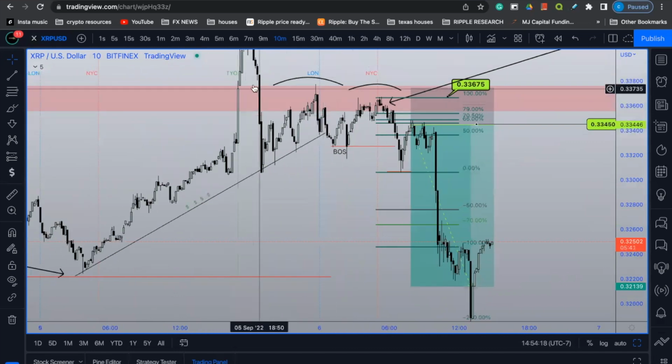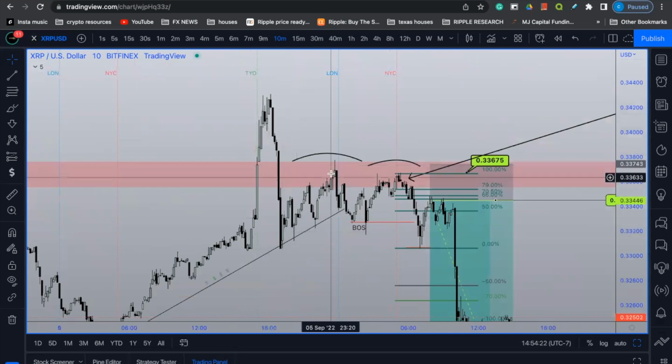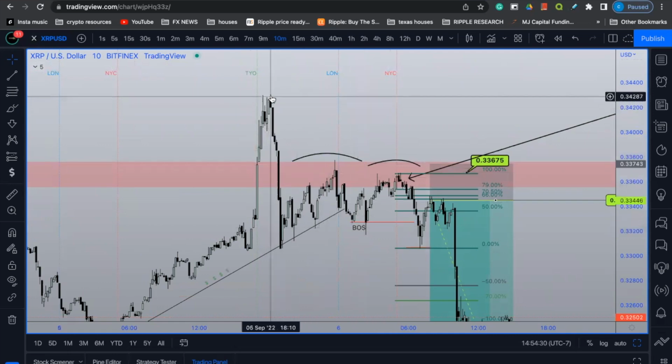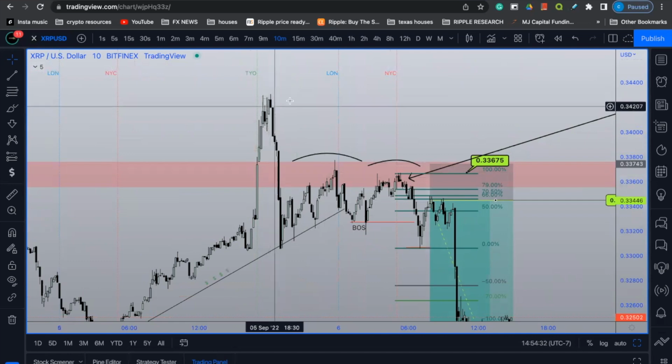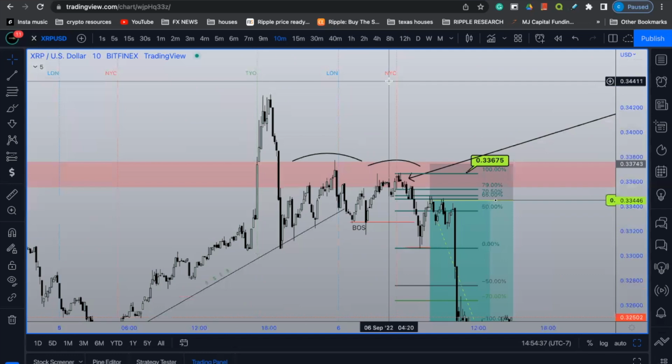After we identified that this was a manipulation move and this was a reverse and shift in momentum, we saw that the market started to create lower highs that led to lower lows fractally. That is bearish order flow, or the failure to create higher high price action, or bullish order flow, which is what? Higher highs and higher lows. We were able to identify that coming into this New York session.